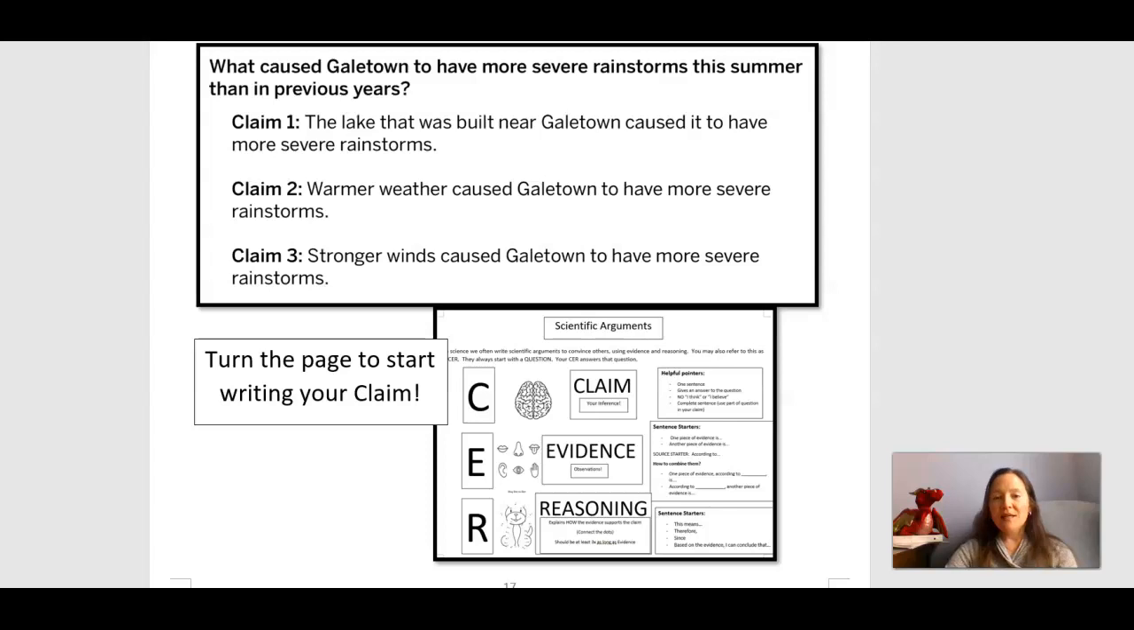This is for lesson 3.3, and this lesson is really all about using your knowledge that you've learned in the entirety of the Weather Patterns unit to write a scientific argument about what's going on with the weather in Galetown. So I'm just going to briefly walk through this lesson so that everybody's clear on what you're supposed to be doing. So if you have a packet from the website or from Schoology, you will notice that it's talking about